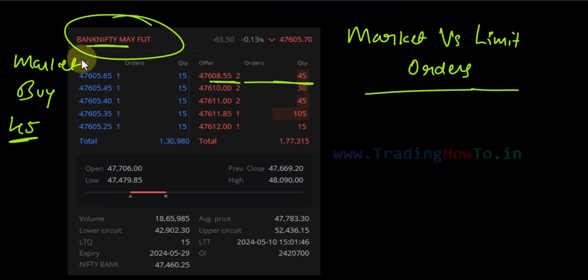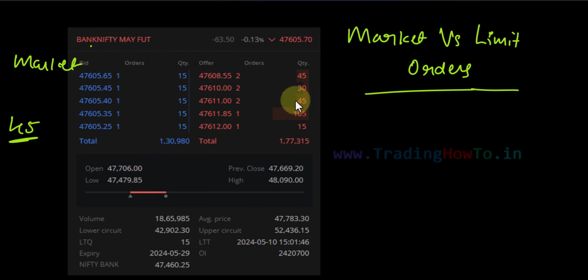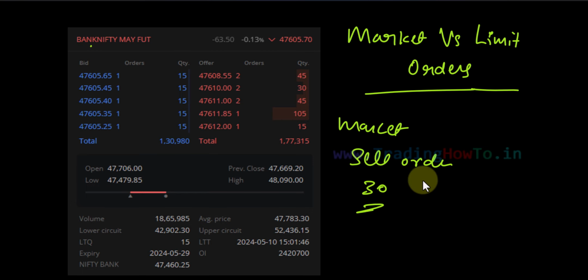So that particular trader who has placed the market buy order will get this particular price and his order will be completed. Similarly, in this situation, if we see a market sell order for, let us say, 30 quantities, then what happens? When a trader places the market sell order for 30 quantity, he is saying that I want to sell 30 quantity of this particular instrument at whatever the best price someone